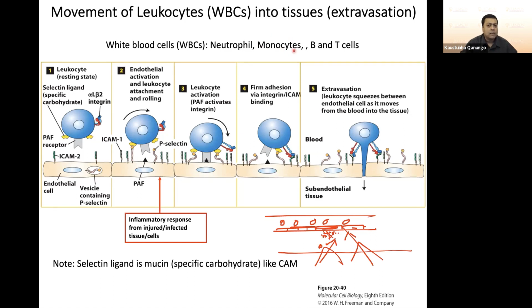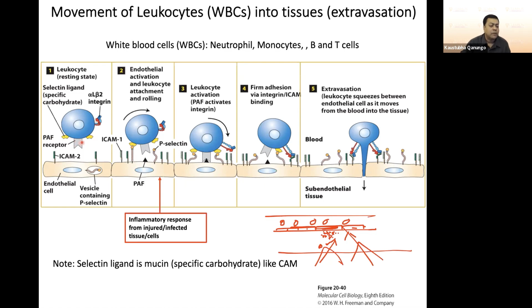So the monocytes circulate in the blood for about 8 hours. And then from the blood, they will move into the tissue space if needed, and they will be called macrophages. Also the B cells and the T cells can follow this same path, coming out of the blood capillary into the tissue space. So what you have on the leukocyte, this leukocyte means any of these. On the surface of them, they have something called a platelet activating factor receptor, PAF receptor,